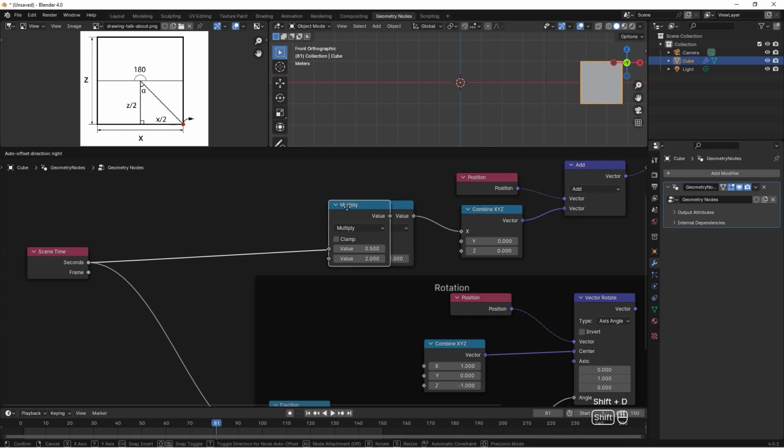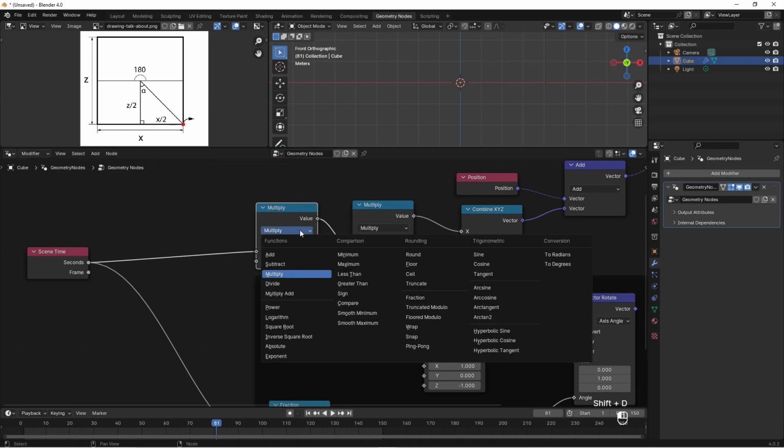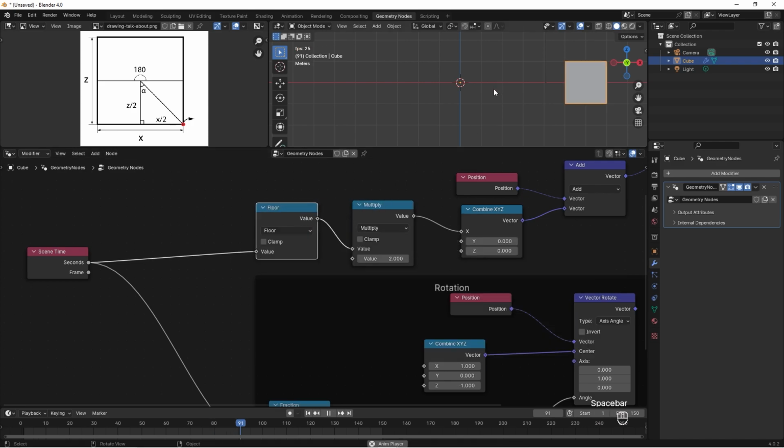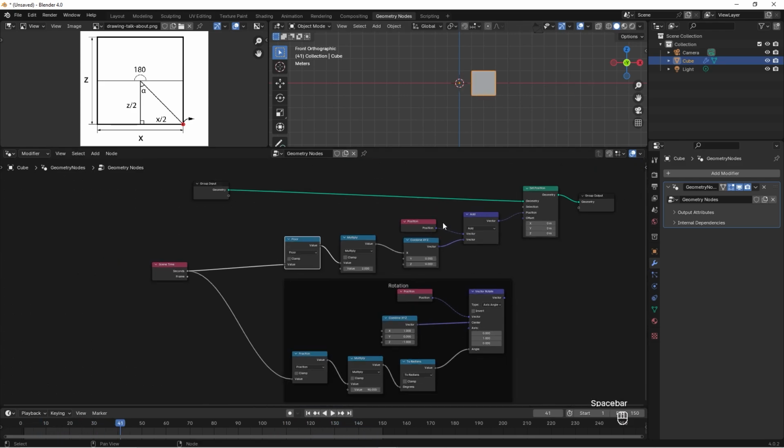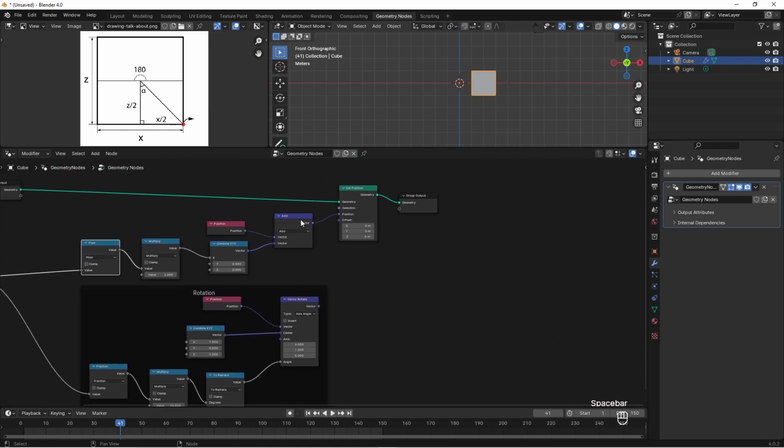So we need another math node. Let's push it here and let's floor the second. If you look upon it now, each second it goes 2 steps. So this is correct. Now if we combine this, we can actually select all of this and press Ctrl J and name it